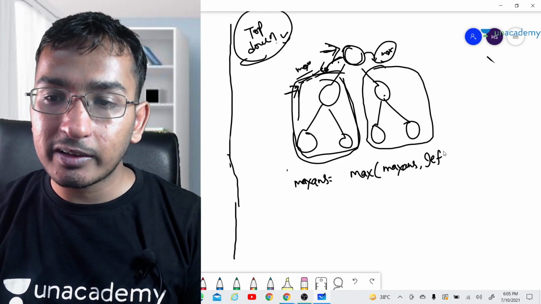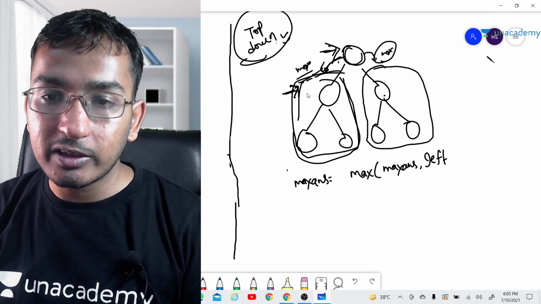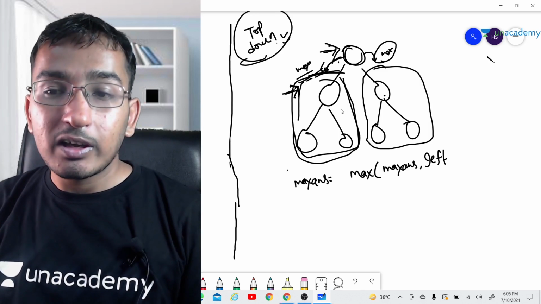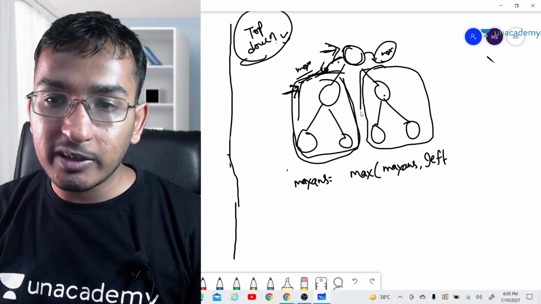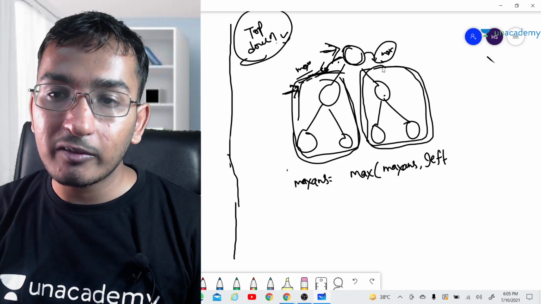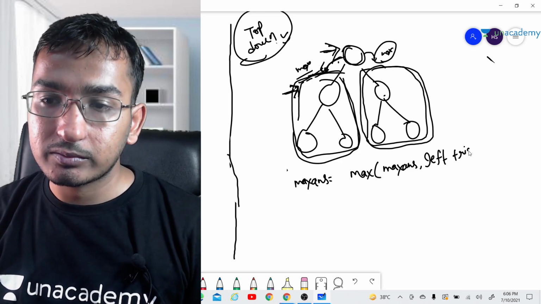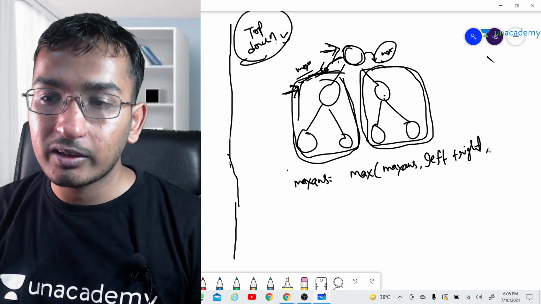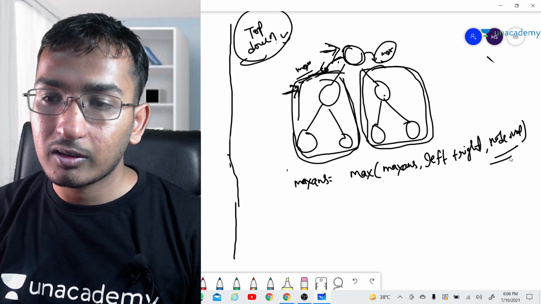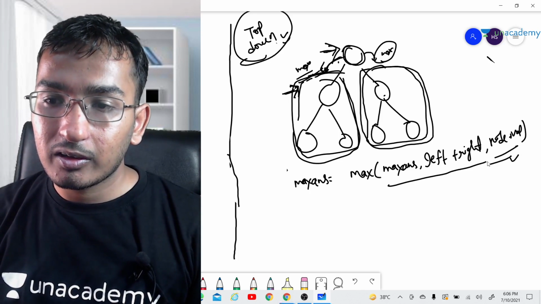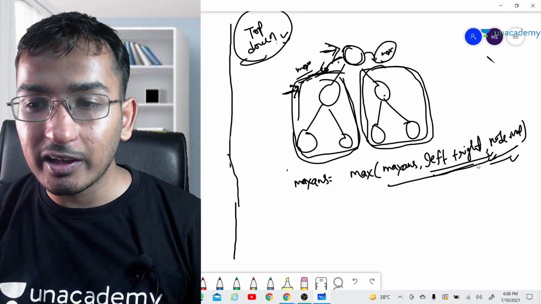It is saying I have the maximum path sum as left, and this subtree is saying I have the maximum path sum as right, and I can add the value. Okay, so this will be our answer in the end, right?